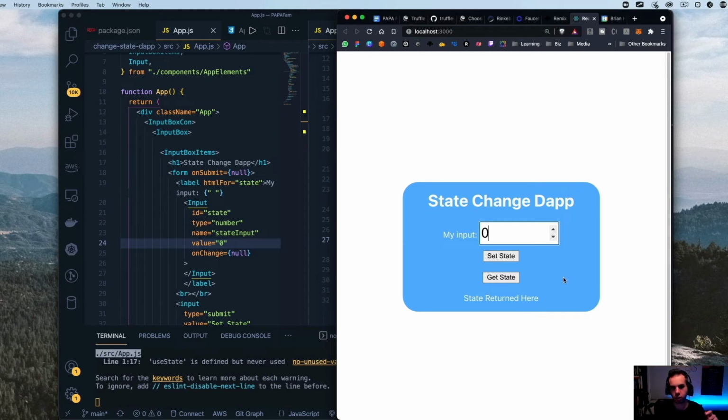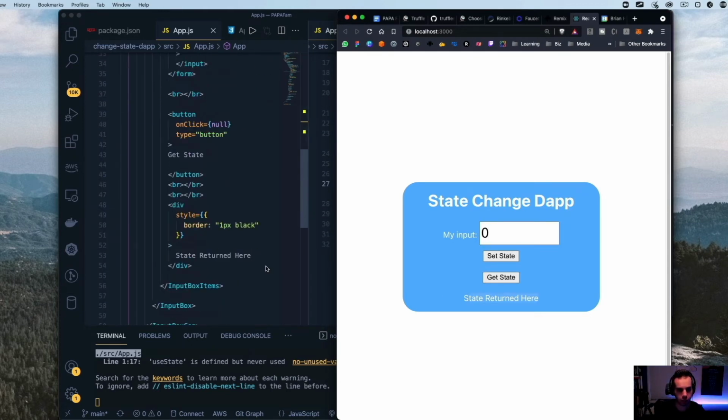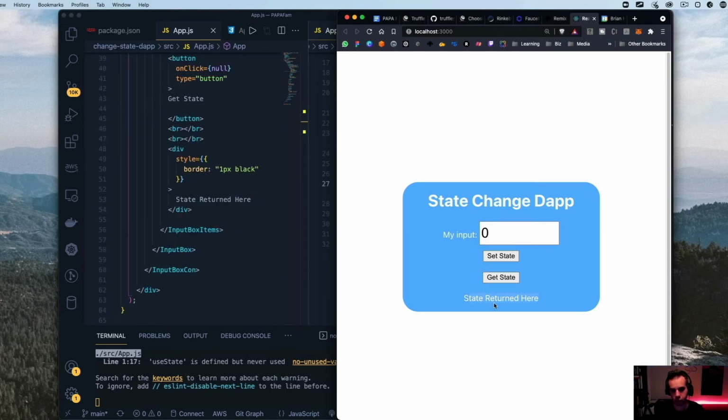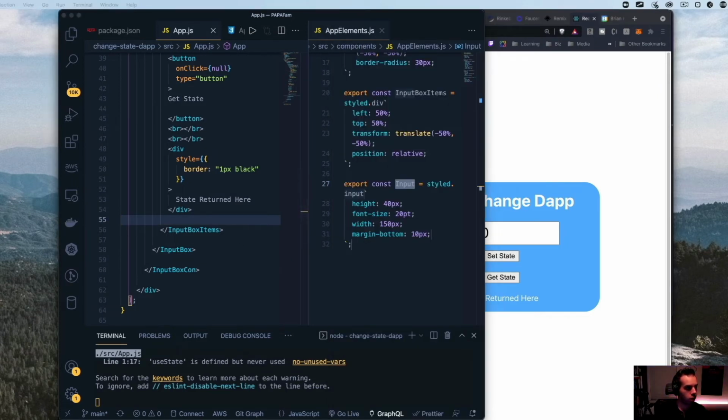So it's going to basically run on the API, ping the blockchain, check if we're able to actually run the transaction. It's going to open up MetaMask. Then we're going to be able to run a transaction that sets the state. And then if we say get state, it's going to actually return this. So we say state returned here. So obviously this is going to actually return the real value of here, but this is what we're going to be able to check. So that's great.